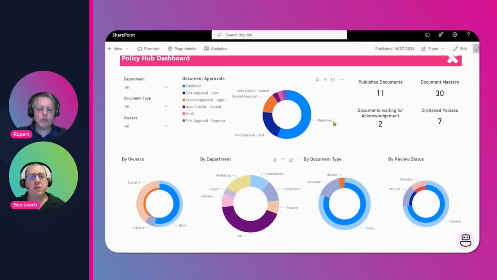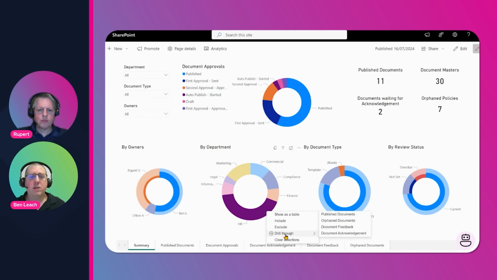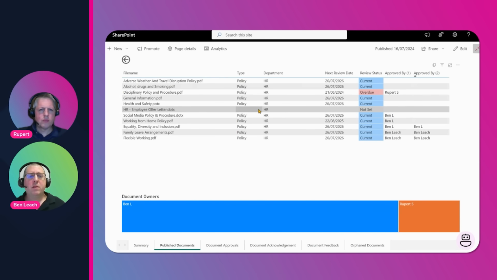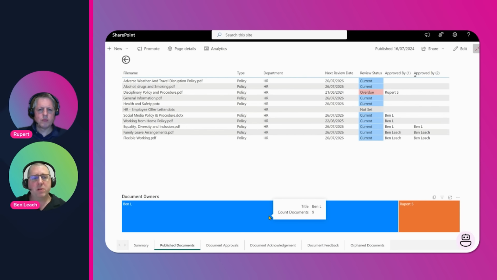This is just Power BI doing its thing. We can even right-click onto that selection that we did and do some drill through. So if you want to see what the actual details are, we can go in and see those published documents. So we can see this is the list of published HR documents. And in fact, you can see that disciplinary policy that we talked about earlier, we've got our reminder on,